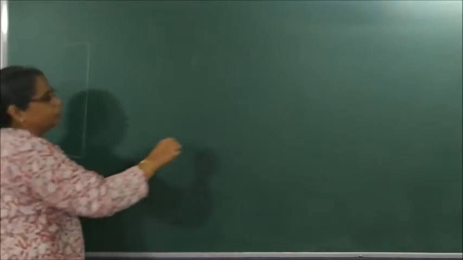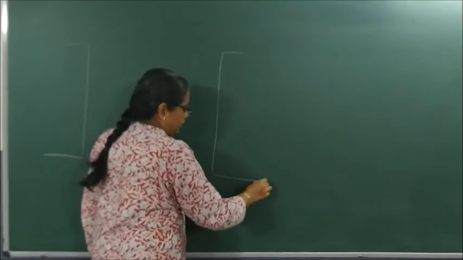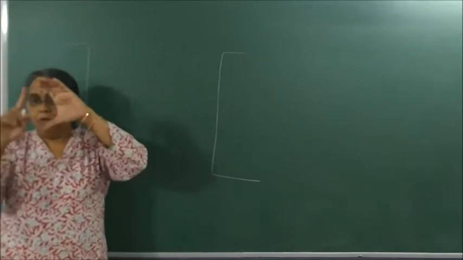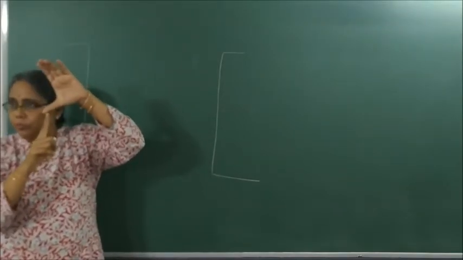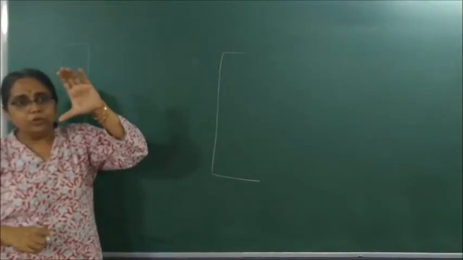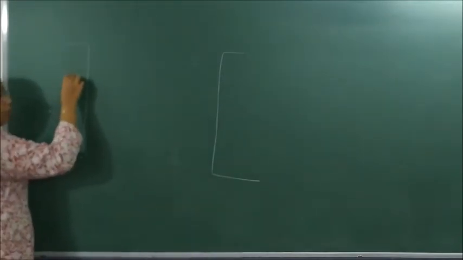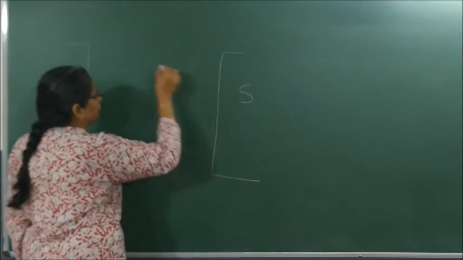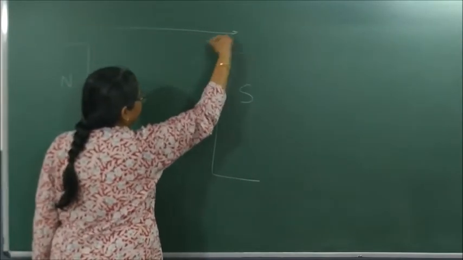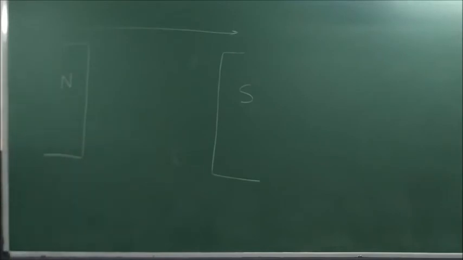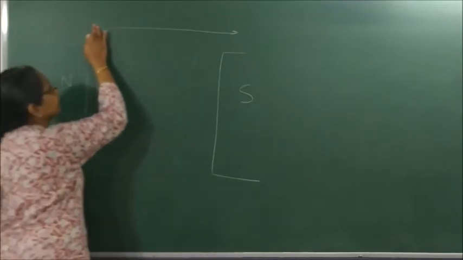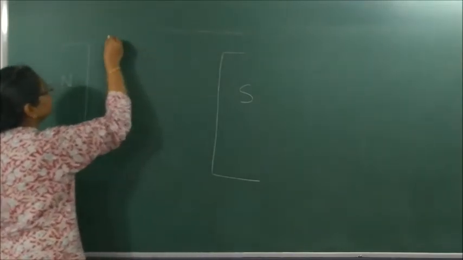Okay, so always what you require is two magnets. Like we had a horseshoe magnet with its south pole pointing upward and north pole pointing downwards. We need two magnets with different poles. So one is what? North pole, and one is what? South pole. The direction of magnetic field is from north to south. Fine. Which kind of magnetic field is it? Uniform magnetic field.